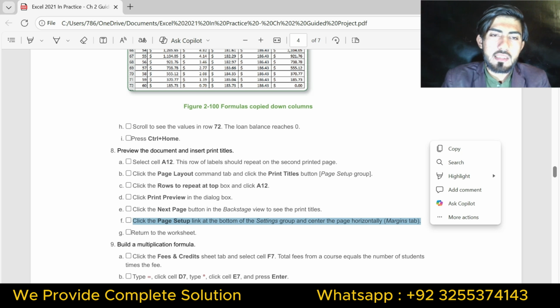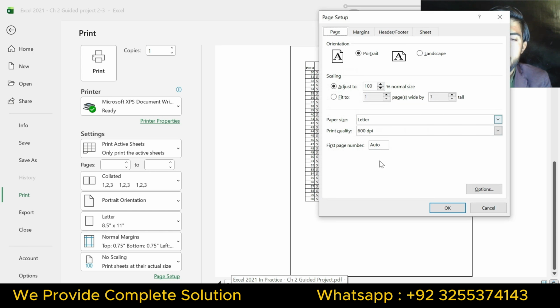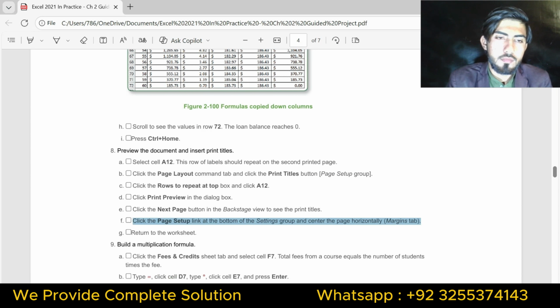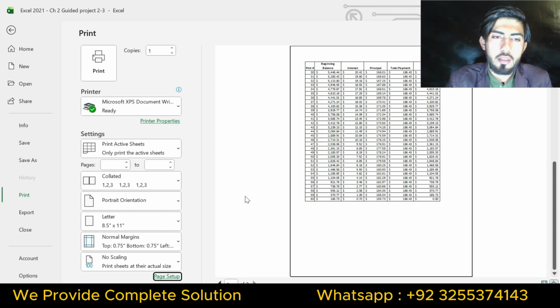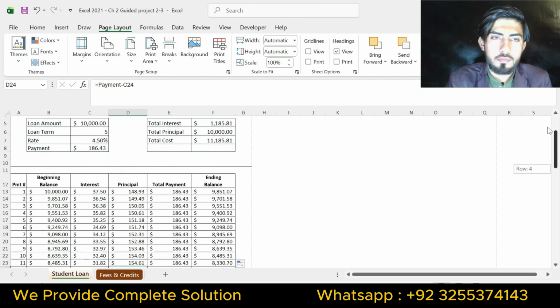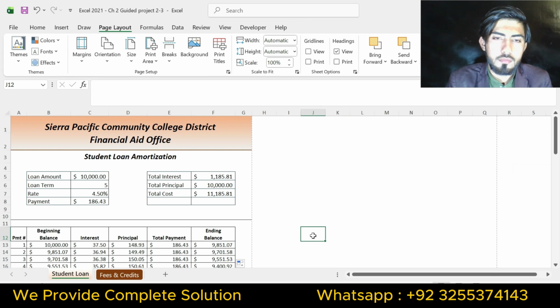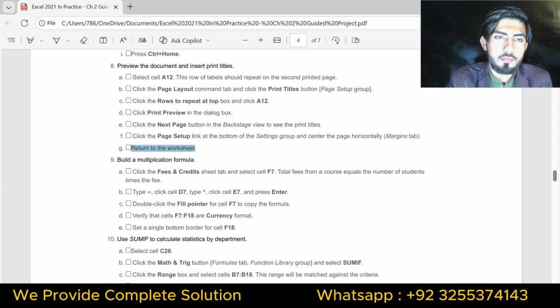Part F is click the Page Setup link at the bottom of the Settings group and center the page horizontally on the Margins tab. Part G, click OK and return to the worksheet. So I have done 8 questions. Now I'm going to do question number 9.